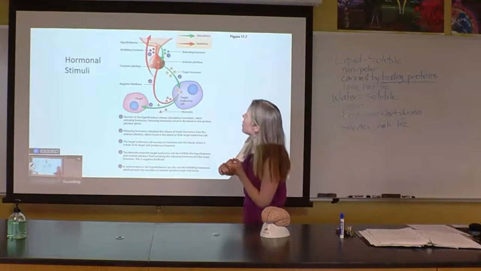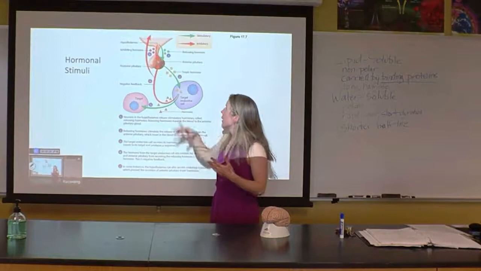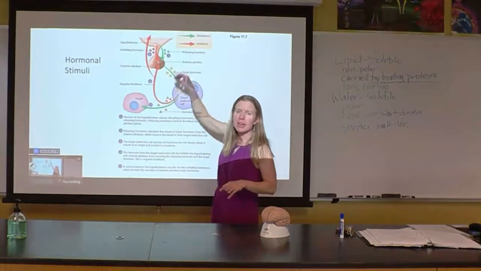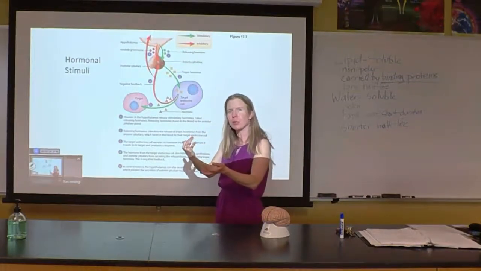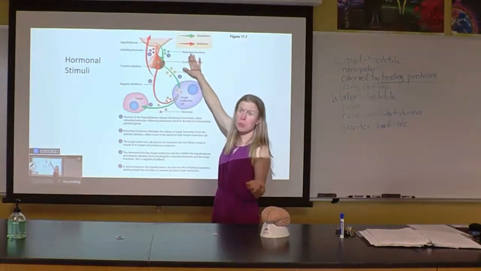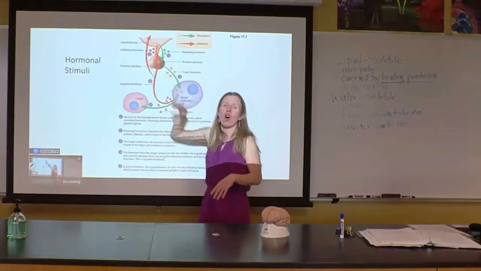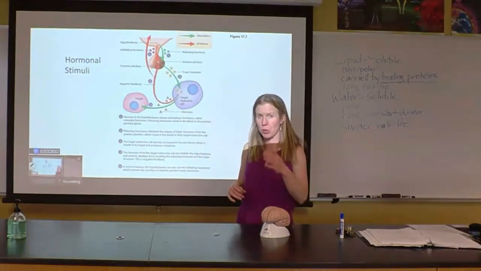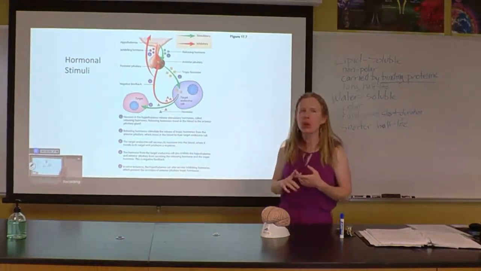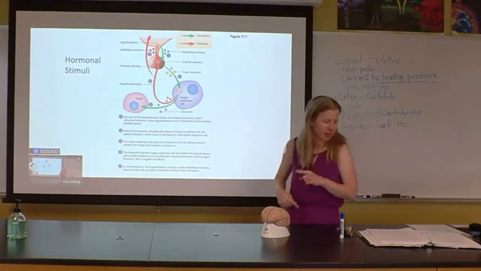Here's a good one to keep in mind. You will see this a lot from the hypothalamus. When it's trying to control the anterior pituitary, I'll get into this more next week, but here's your hint. It's either sending a releasing hormone and telling the pituitary, okay, release that one. So that's also an example, right, of a hormonal stimulus, the hypothalamus telling the pituitary to tell, right? It can also release inhibiting hormones, which would say, don't release this from the pituitary gland. Anytime you see inhibiting hormone or releasing hormone, it's coming from the hypothalamus. That's your hint for next week.